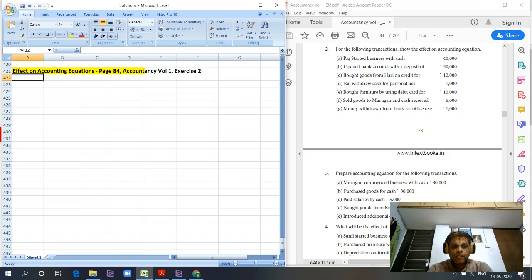Accounting equations, we know that assets is equal to, I'm just repeating, liabilities plus capital. And in the five finger rule, we also saw this in detail. So where assets is equal to liabilities plus capital plus profit or loss, like liabilities plus capital plus revenue minus expense. That is equal to assets, right? So let's get into detail now. I'm putting assets and I'm putting capital. I'm putting liabilities, right?